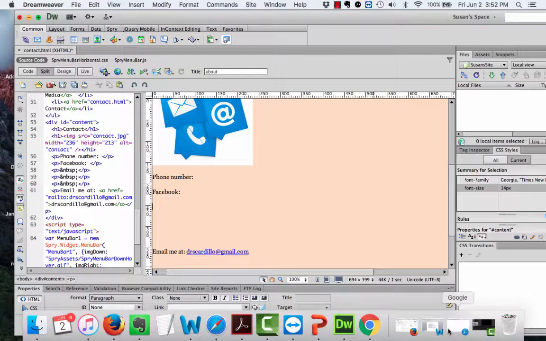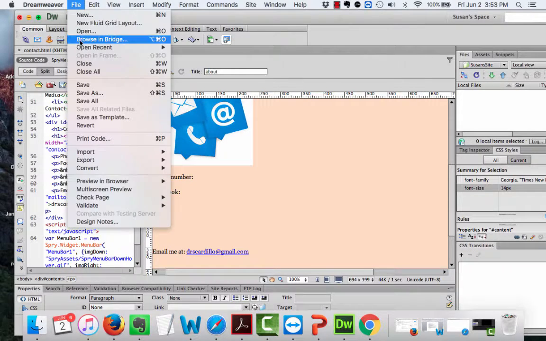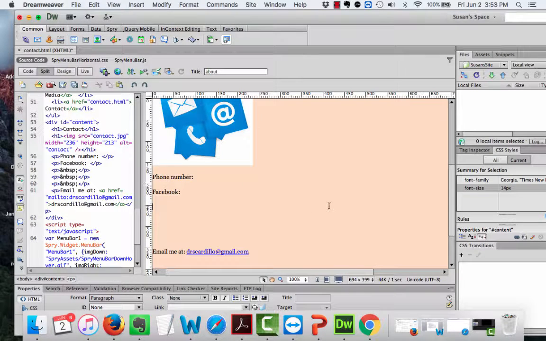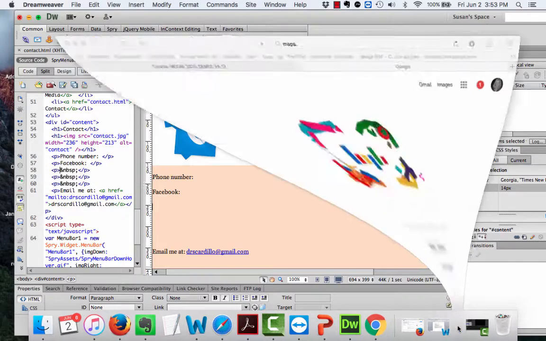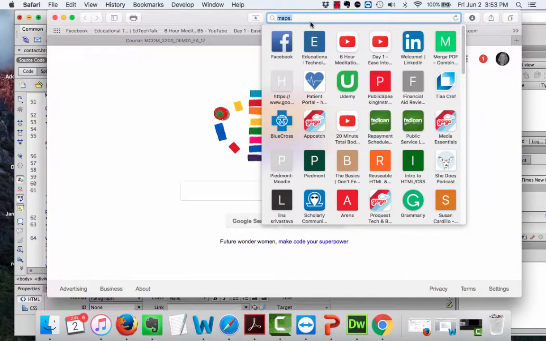So this week we're going to finish up our contact page, and then we're going to add a blog attachment to our site. Okay, so we're going to go to the contact page. You can either go to File, Open Recent, or Open and get to your contact page. And then we're going to go into Google Maps,